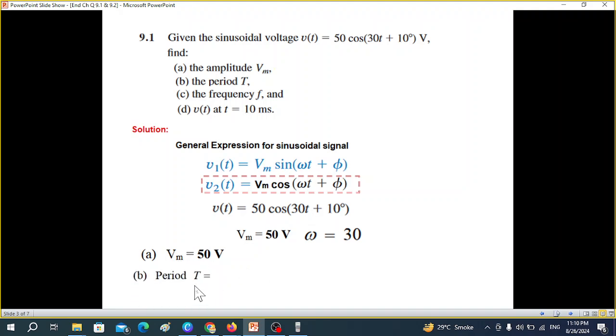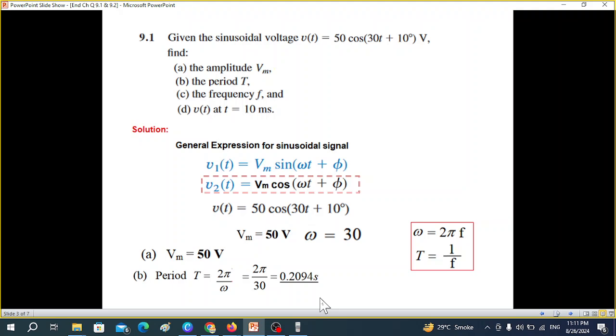Now the second part is the time period T. I'm sure you have learned it, I'm just going to repeat. The time period is given by 1 over frequency. And frequency and omega have this relation: the angular frequency omega is 2 pi f. So from here we can find 1 over f, and from there T. So T will be 2 pi over omega, and omega is 30 here, so we'll put 30. So this is the answer,